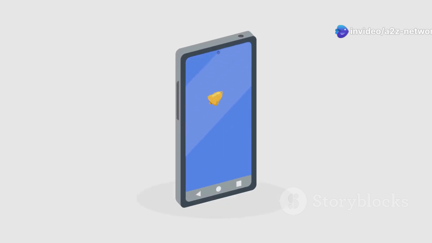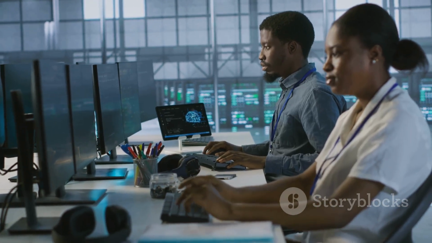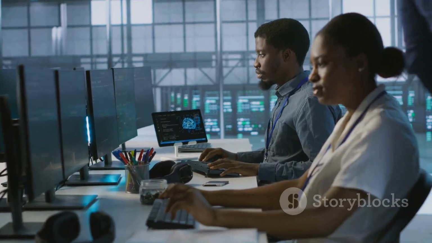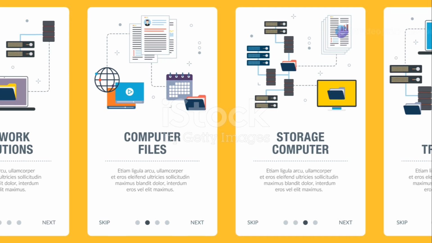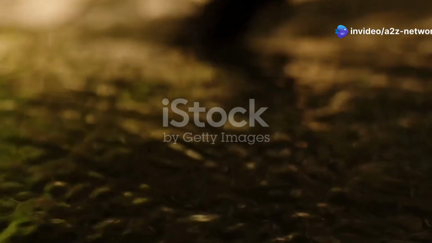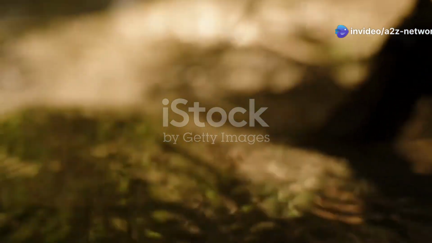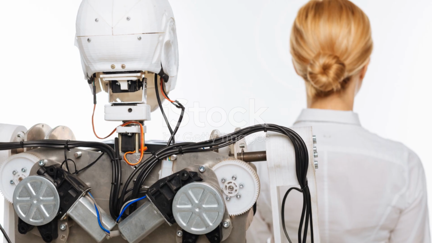And voila, your friend receives your message, all thanks to the magic of the OSI model. Each layer worked together seamlessly, like a well-oiled machine, to make this communication possible. Understanding these models might seem like a lot, but it's like learning the alphabet of networking. Once you get a grasp of the basics, you'll be able to navigate the world of technology with more confidence and understanding. Keep exploring, and remember, science